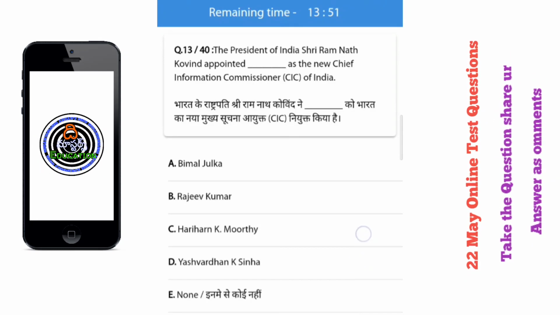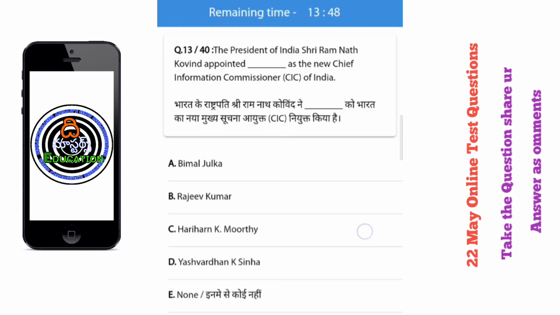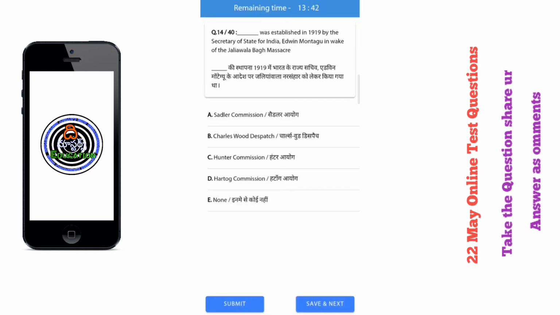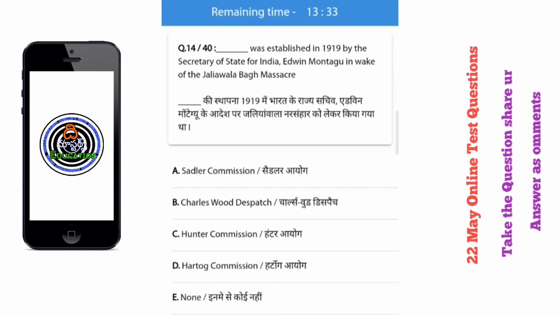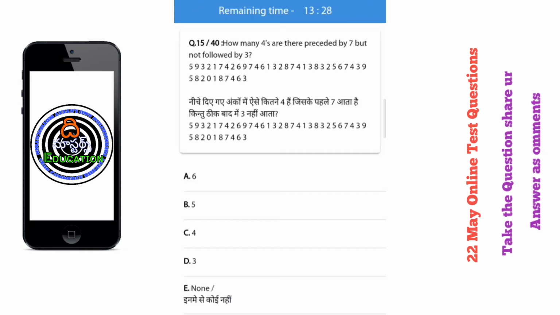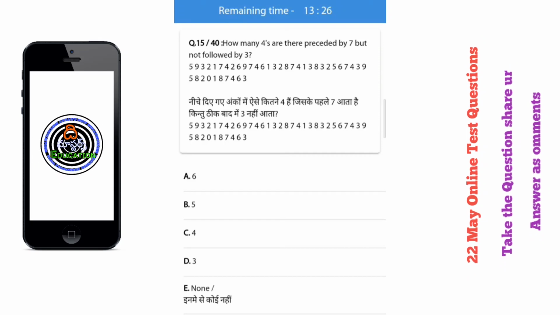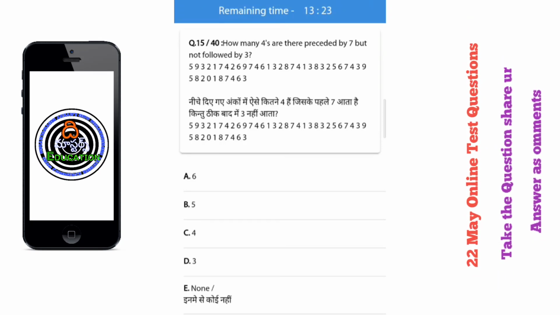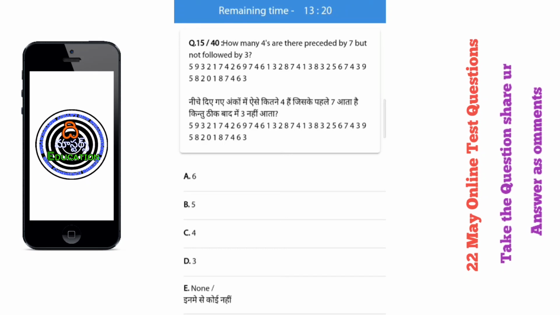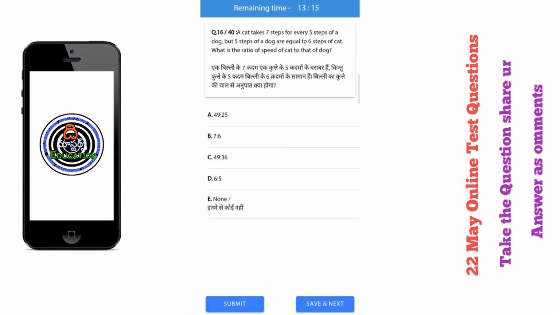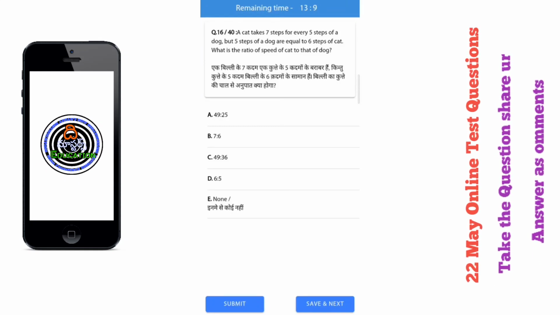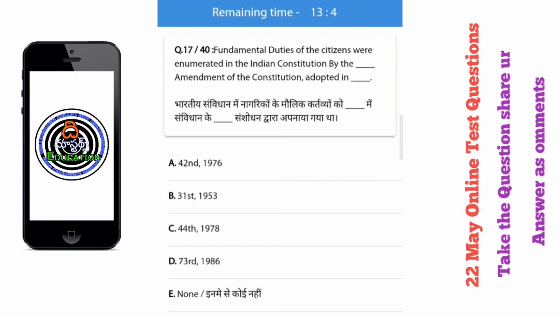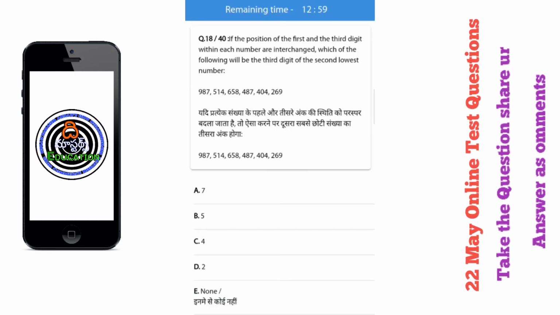You must understand every question in time. Why? Because we have less span of time: it is just 18 minutes for 40 questions. We don't have time to go back and change the answers. There is only one chance for save and next. If you have completed this session, click on the submit option. If you have no time to submit, just leave it; it is saved automatically after completion of the session. So read every question carefully, because we have less time.